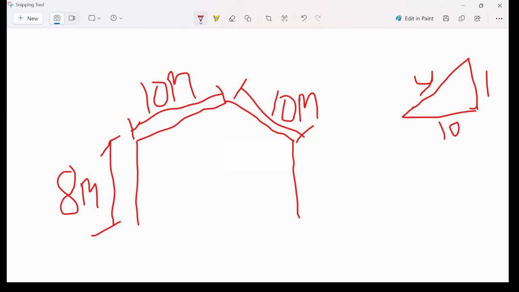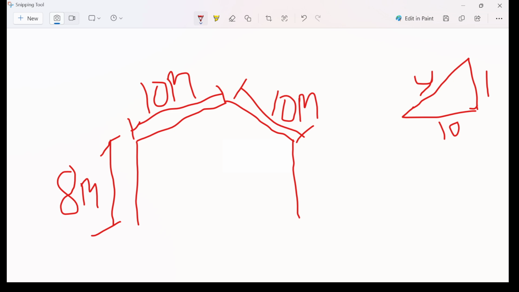The height of the stanchion is 8 meters. The slope of the roof is 1 to 10, so y is 1, and the distance from the stanchion to the eave is 10 meters. So we are going to model this.